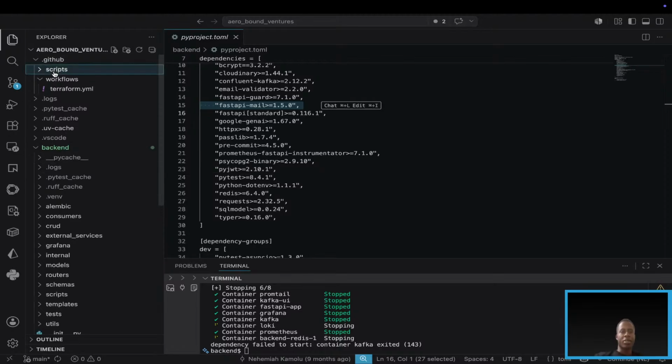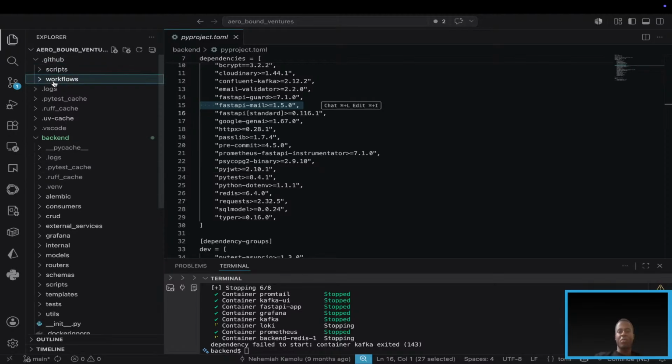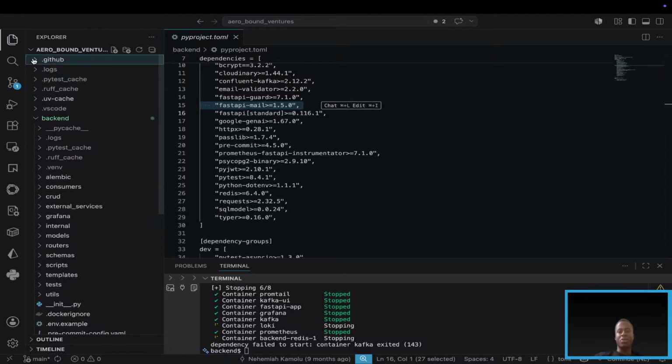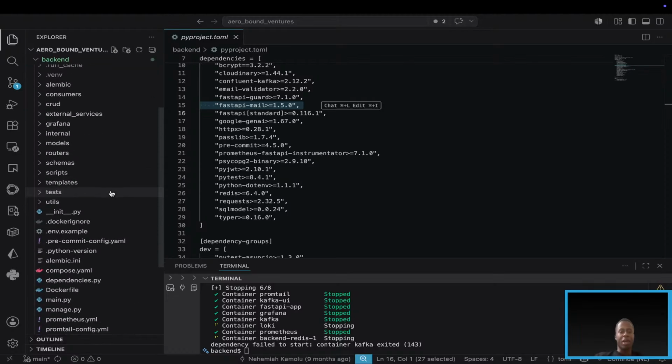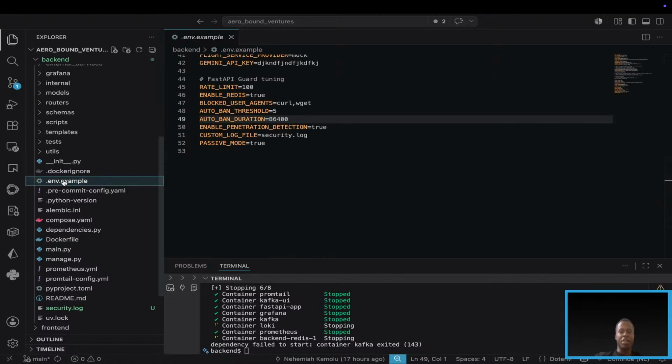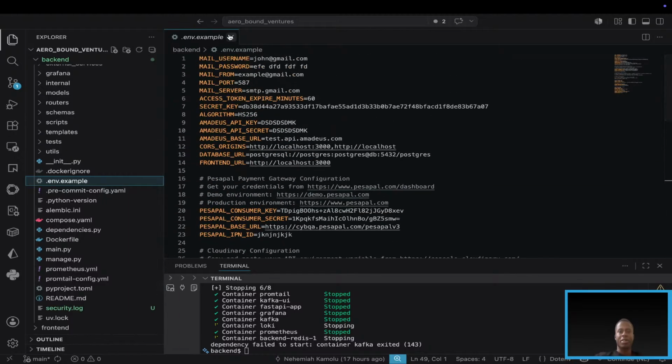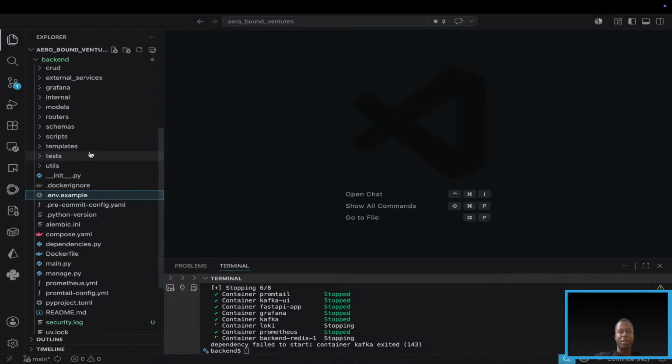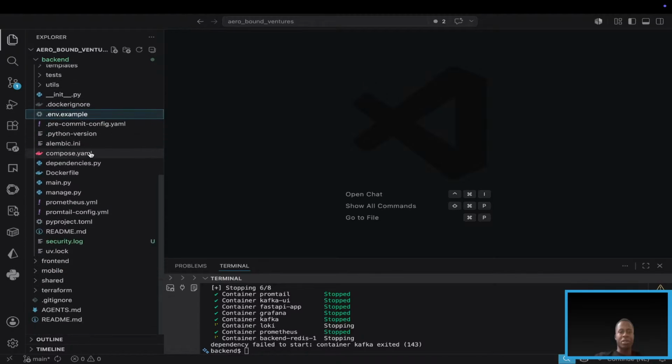So if you look at this project, for those who have been following for a long time and who have been trying to own this project and make it their own, you are very aware that you had to use a .env file. Basically, that env file was a fulfillment of the .env.example file. Okay, and that was to pass the environment variables to our application, and those environment variables are